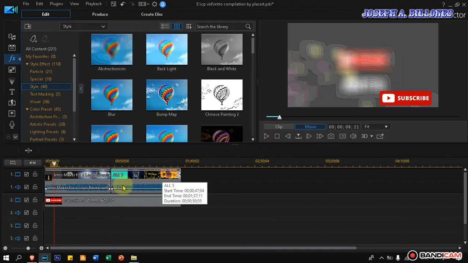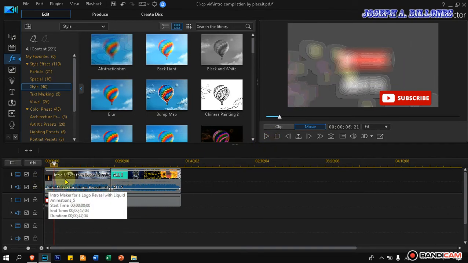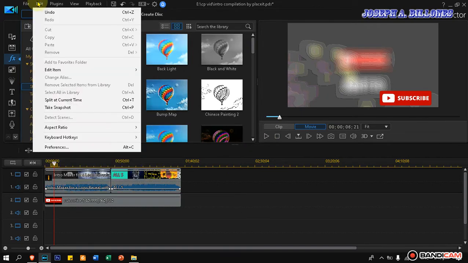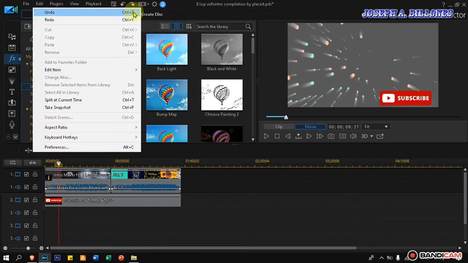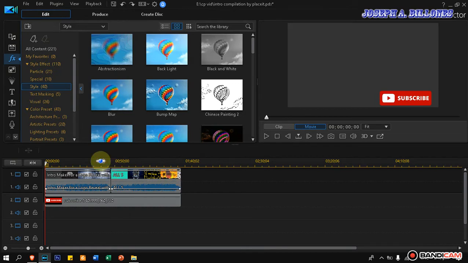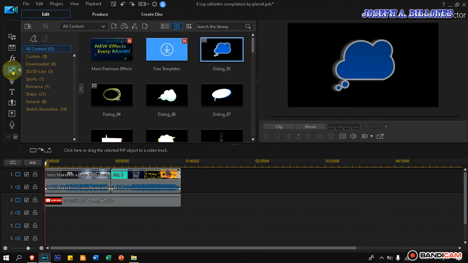So you can press Control Z to undo, or you can go to edit, undo, or the shortcut is Control Z. That is the shortcut, Control Z, Control Y. So now guys, here are the different types of effects. You can choose there which one do you like. Next one room is we have the